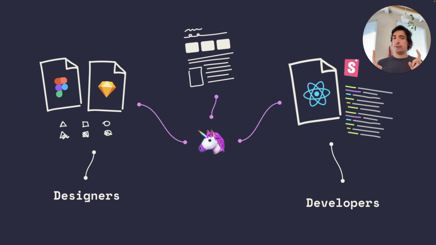With this setup, if we think about the same use case of how I add a new component, the first step is the same. We get together, we have alignment on what we need. Then the designer goes in and does the design in the design file, which is the left side. Now, this design is automatically reflected in the developer's code base, because what you're doing in the design file is now stored in the unicorn, and it moves from the design file to the unicorn to the code base. So the developer is not really starting from scratch.